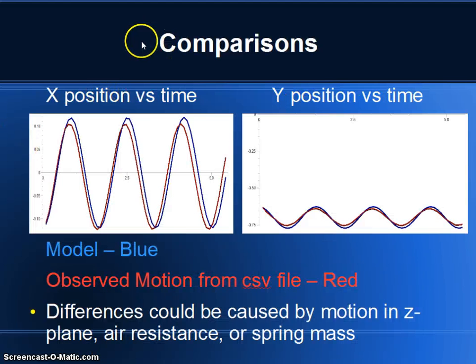Here are the x and y position versus time comparisons, where our model is in blue and our observed motion from the CSV file is in red. They match up quite closely, but differences may be caused by the motion in the z-plane, or air resistance, or the fact that we did not account for the spring having mass in our